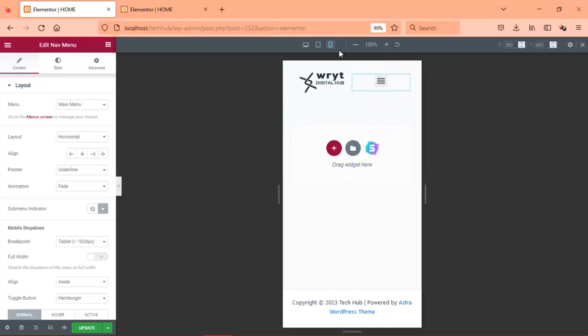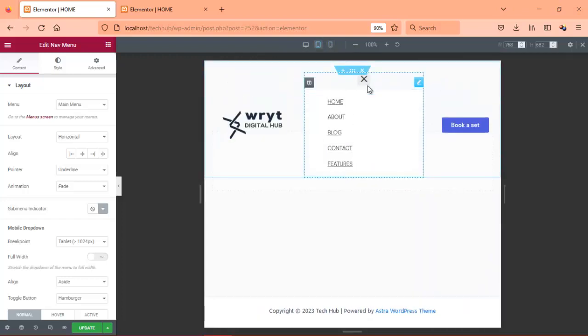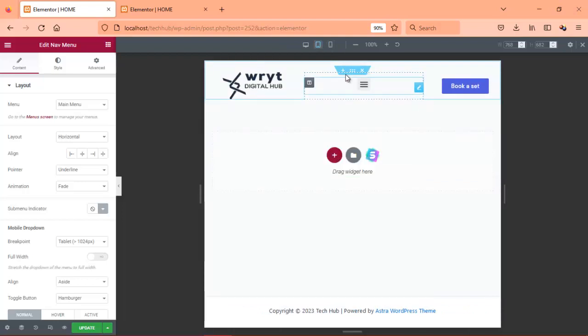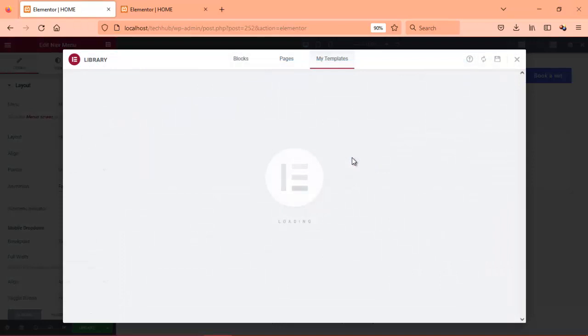Okay, this is what it's going to look like. Then in tablet mode, see what it's going to look like. In desktop mode, this is what it's going to look like. We can always edit these things. They are editable, 100% editable. But before we start editing, designing, putting things, let's go further to add